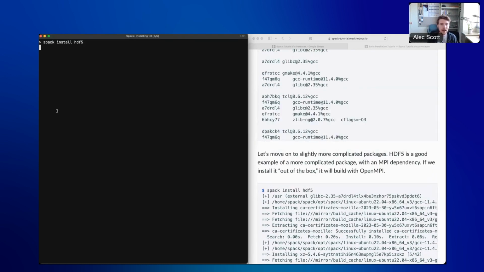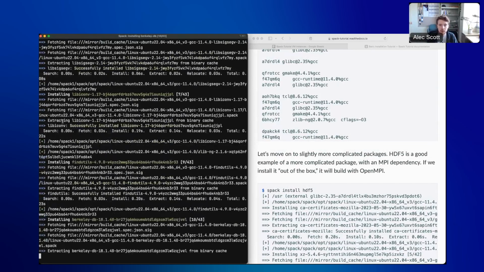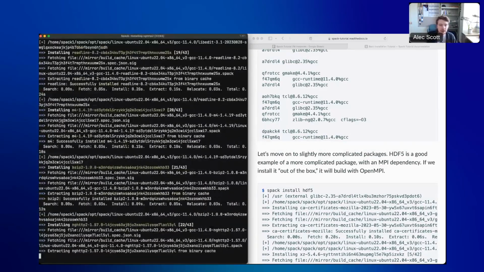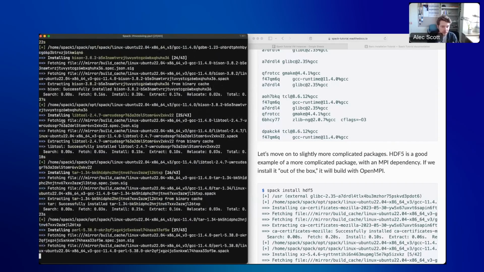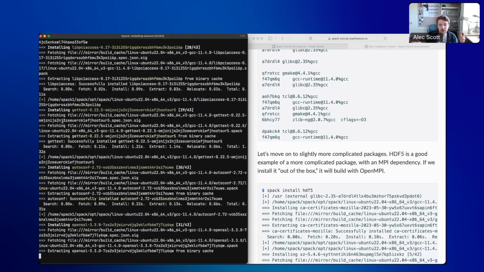So this is going to go ahead and concretize, basically take your abstract "I want to install HDF5" and come back and say, let me find you the specific version of HDF5 that fits with all of the dependencies, and let me figure out all of the dependencies, all of their exact versions that we need to install. So that's how we take what we call an abstract spec and turn it into a concrete spec inside of Spack. I think Todd's going to give you a little bit of a rundown on how all of that works. But basically, you get this concrete dependency graph with all of the exact versions of how to install a